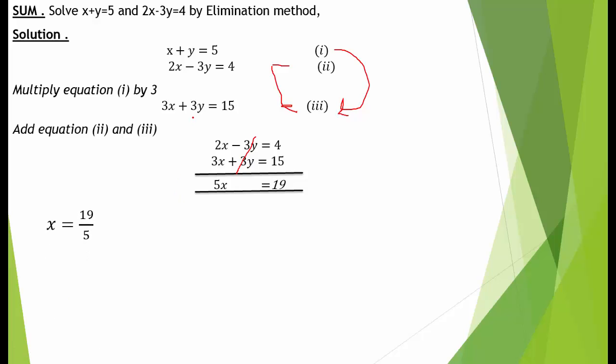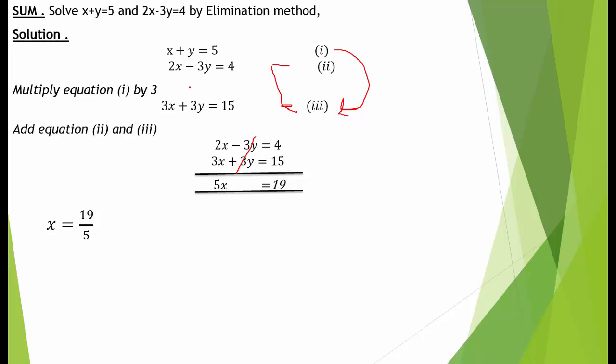Students, the very first step will be that you make the coefficient of any one variable numerically equal. To make the coefficient numerically equal, we can multiply any one equation or both the equations. We can multiply both the equations also, but here we need to multiply only the first equation by 3. So I multiply only the first equation because the coefficients become numerically equal by just multiplying the first equation.